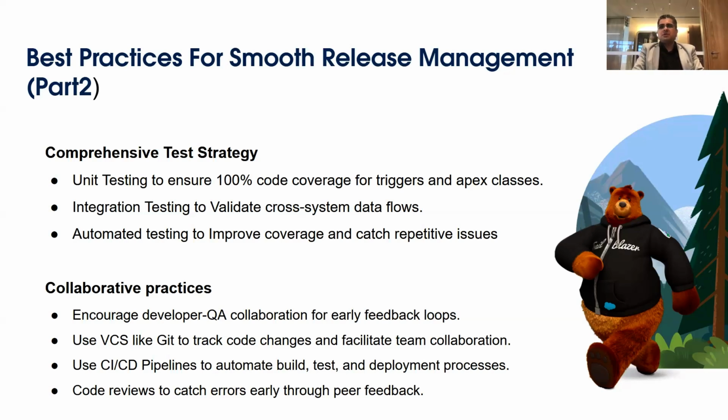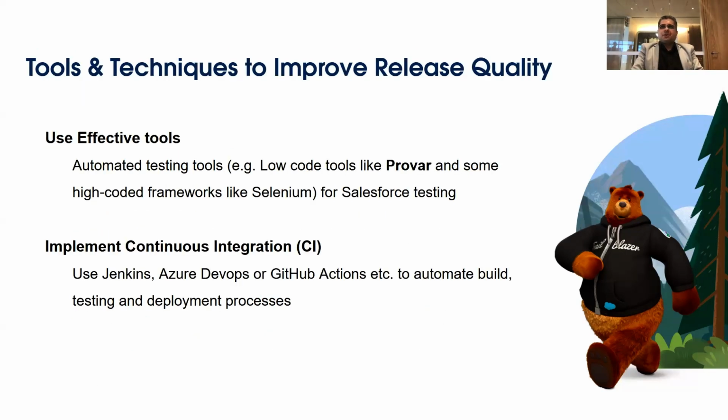Now conduct peer reviews to catch errors early and promote knowledge sharing within the team. A strong review culture ensures better code quality and team alignment. What are the tools and techniques to improve the release quality, right? So